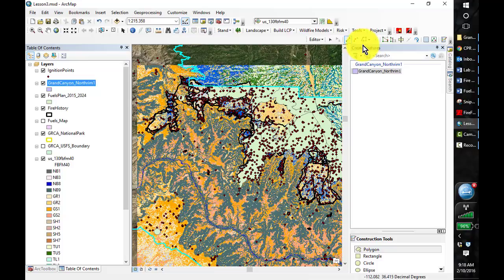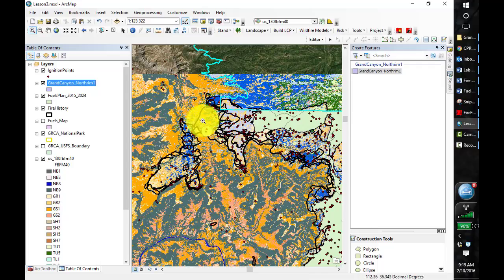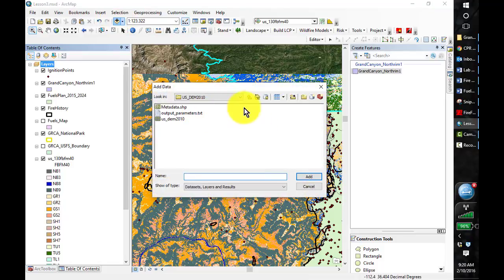I'm going to be using the straight segment, and I'm going to zoom in toward my area a little bit. I'm going to use my plus sign, and I'm going to just start to trace along the edge of the north rim of the Grand Canyon. And also it follows generally along where the fires have occurred, but more importantly I'm looking for the north rim of the Grand Canyon. So what I'm going to do here is actually add my slopes layer from Landfire